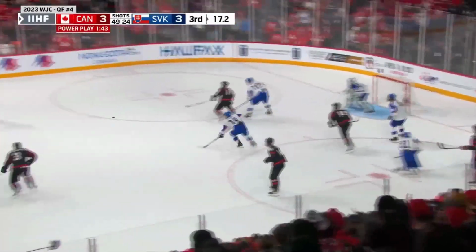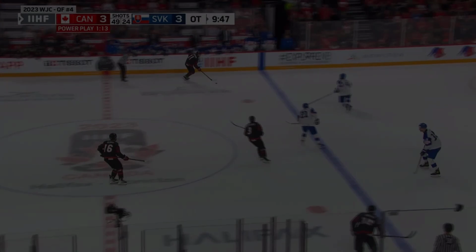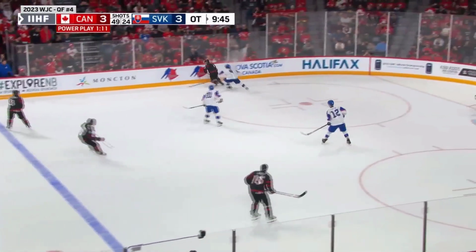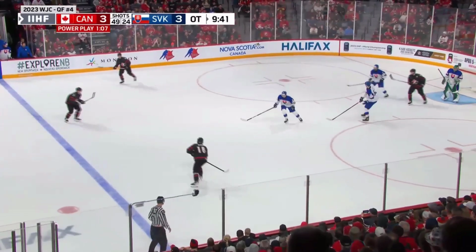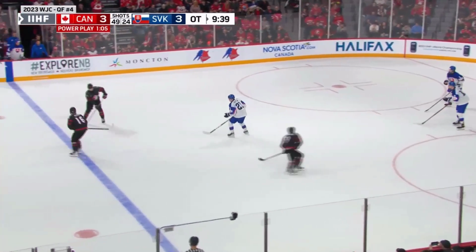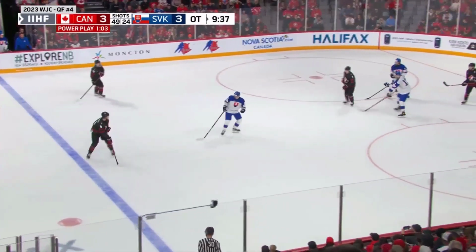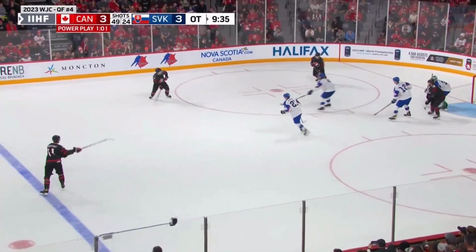Hoffman works it free. Gunther with it. And Zellweger. Wide to Gunther, who has a power play goal in the game. Gunther swings that back to Zellweger. Across to Bedard. Connor Bedard. Back for Gunther. Has a look back at Bedard. And Bedard